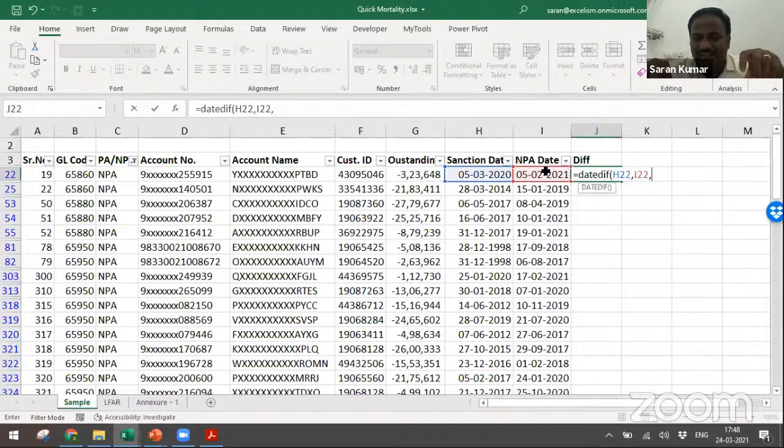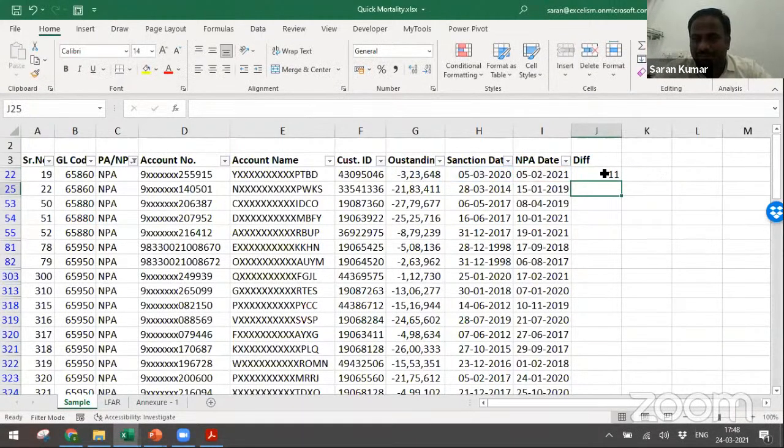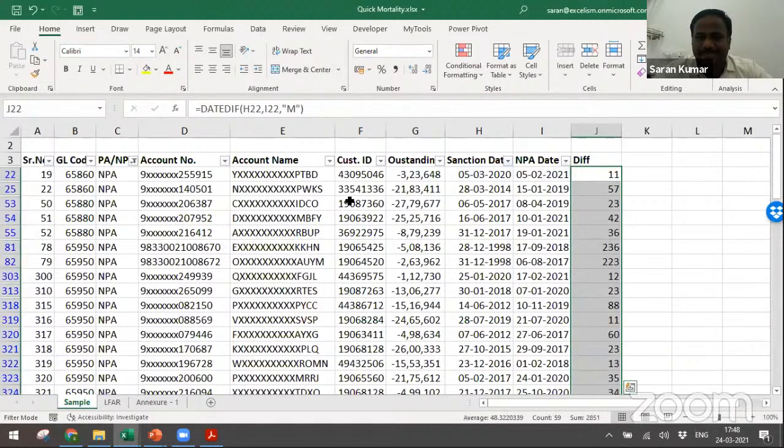If you observe, this is a peculiar function in Excel. At the front end, it's not going to show you any screen tip or syntax, but at the back end, this function is still active. So the syntax is start date, end date, and what do you want? I want the total completed months. So M in double quotation marks indicates completed months. Enter this. Now you can simply copy and paste.